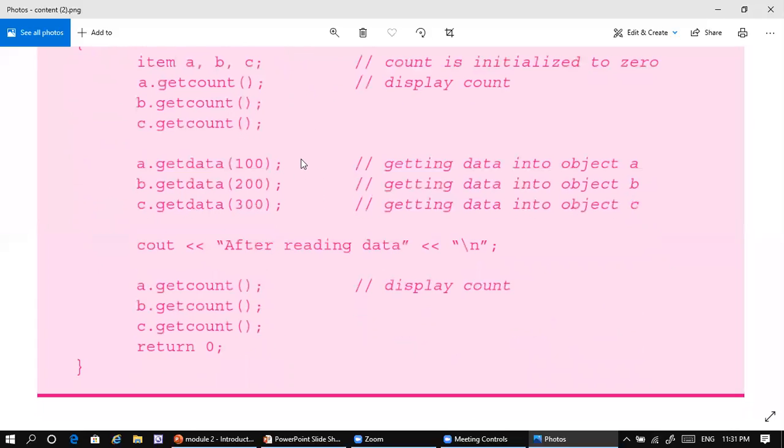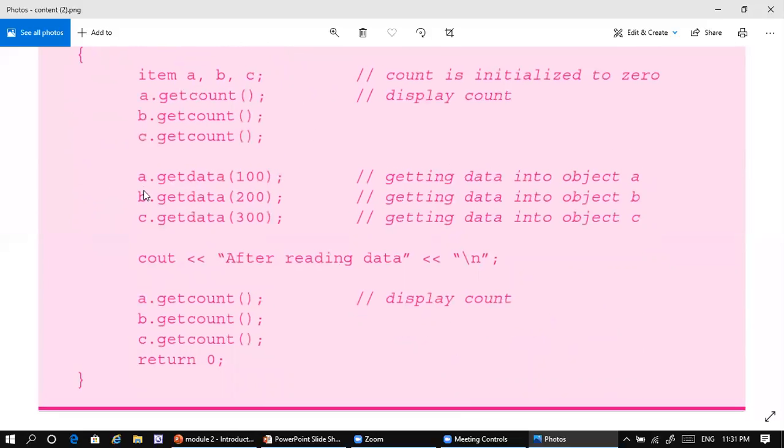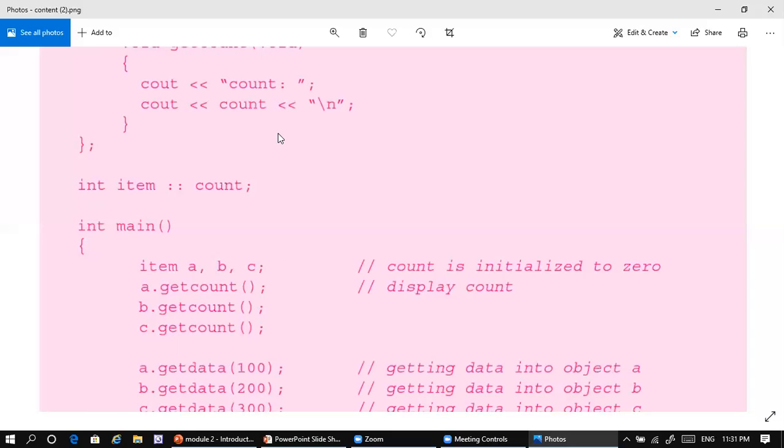Now we access this particular member function through each object. Get data is a common member function for any object: A object, B object, C object. For A object, by passing 100, we are passing a value into number.